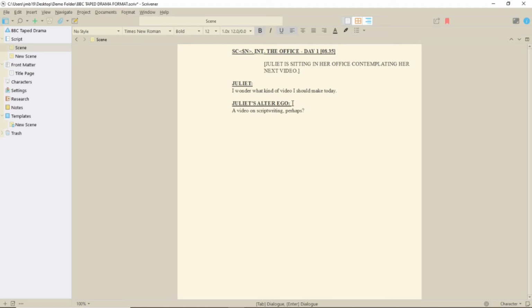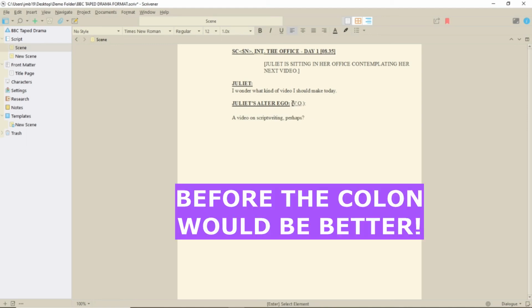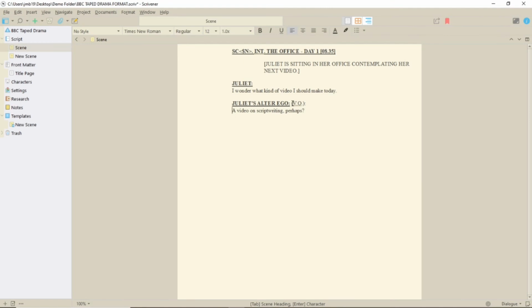If you want to use voiceover and out of view after your character name, go back and press space after the colon. Type an opening bracket, and you'll get these two options to pick from. If you want to put any instruction before the speech, such as interphone, you'll have to do that entirely manually as far as I can see. Okay, I think I've covered everything, but honestly, I can't be sure. Personally, I think using a combination of Tab and Enter is the way to go for the most efficient workflow when changing from one element to another.